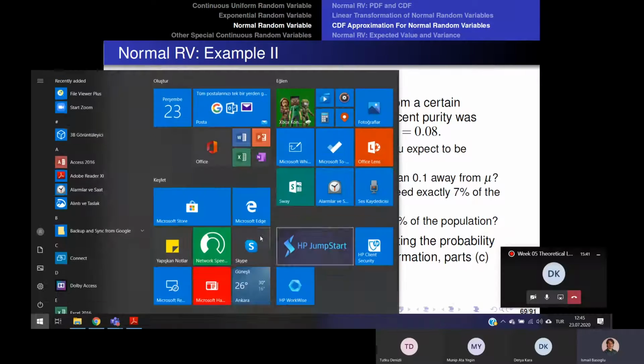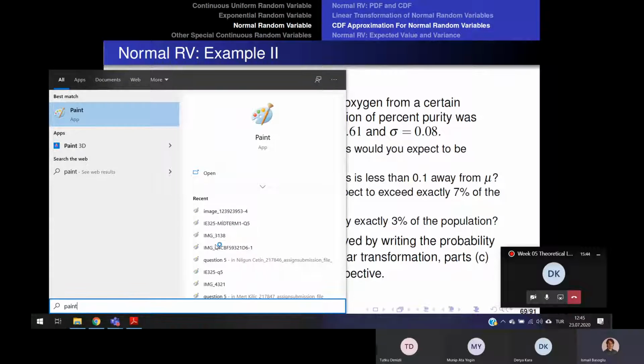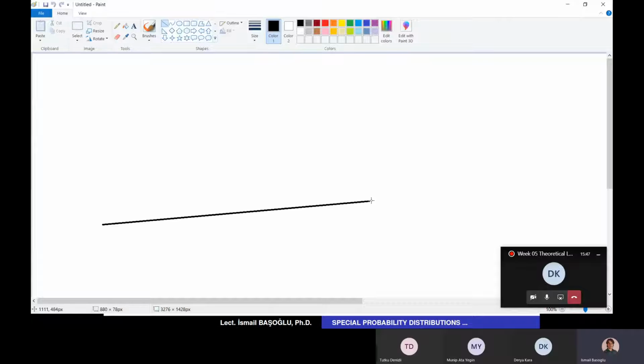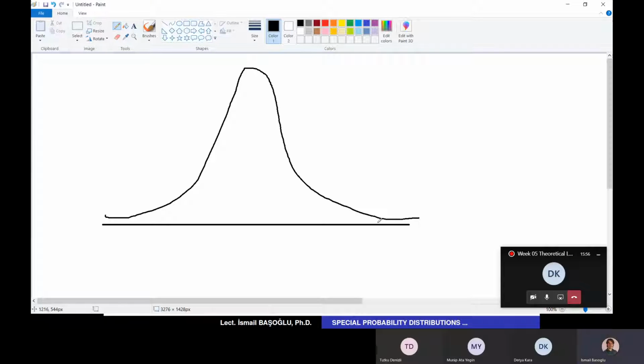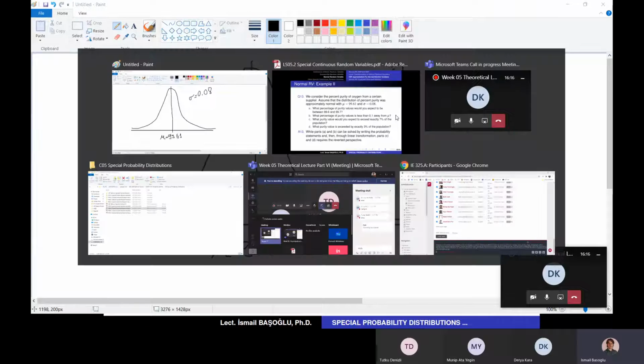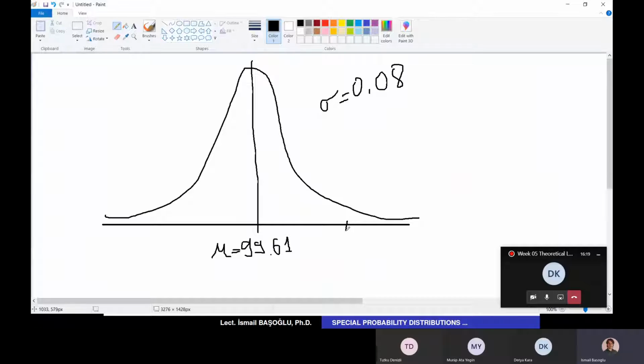So let me show this again in Paint. This time I'm not going to draw the standard normal distribution. This time I am going to draw the original distribution. So in the original distribution, we have 99.61 as the location parameter, and the scale parameter is 0.08 in this question. And the question is asking me this: there is a certain threshold value X here, and